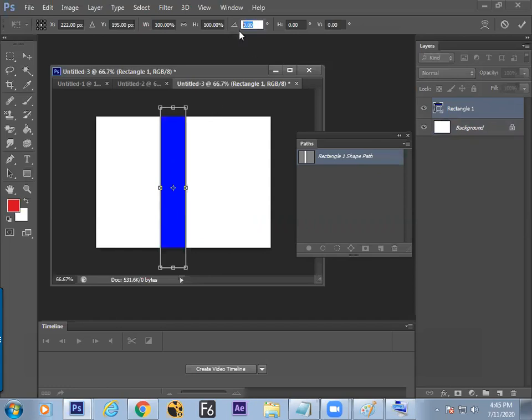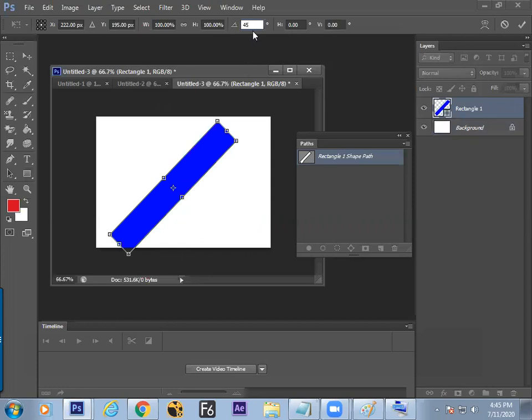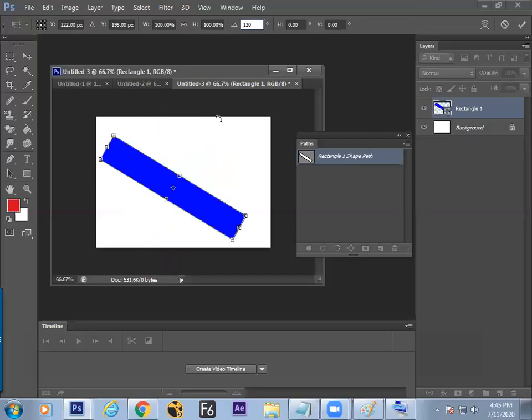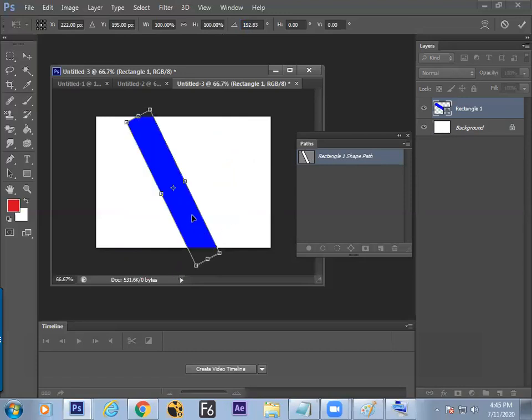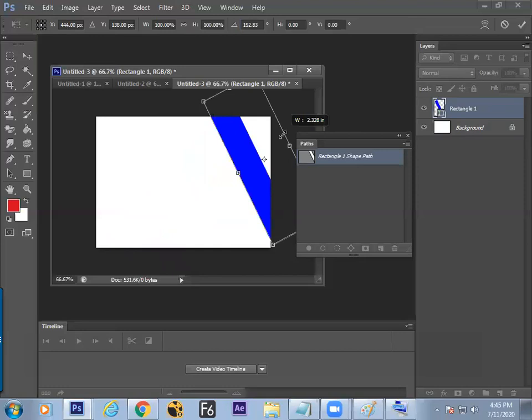Check your angle exactly on the option bar by feeding the number, or else you can try it manually. Just I'm feeding 45 degree, or it may be anything like 120 something, or else yes, drag and find out what angle you want. Now drag to the maximum and get it modified. So you find the first structure is done.